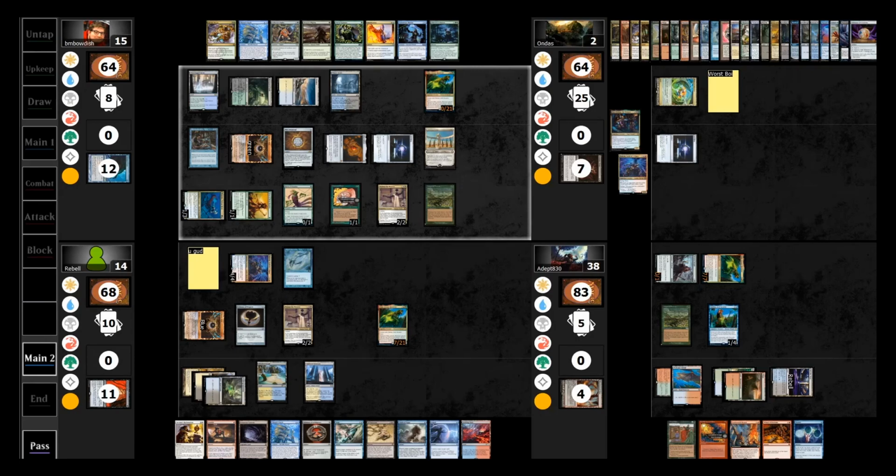Rebel has 10 cards in hand. Jesus Christ. Don't worry, it's pretty good at grinding. Ondas has 25. Yeah, but I'm dead. I either win or I die, so...